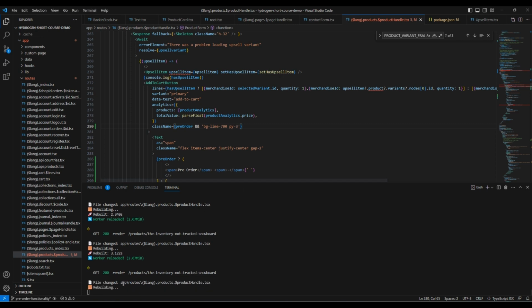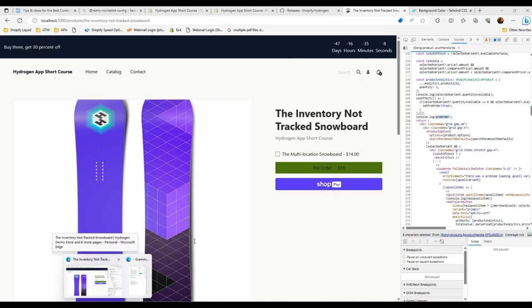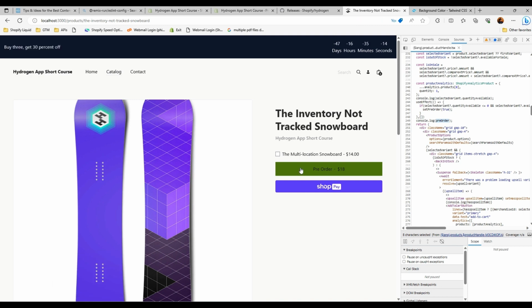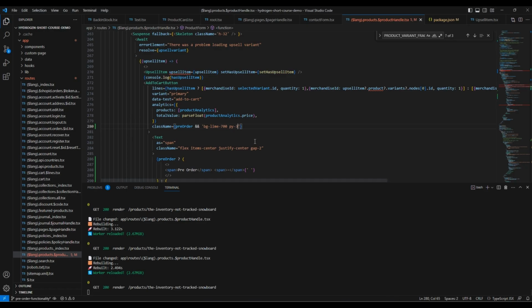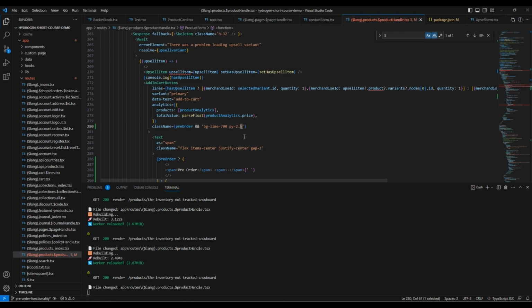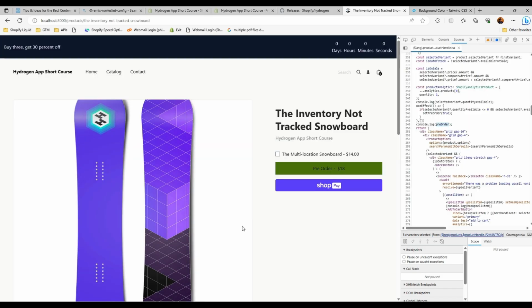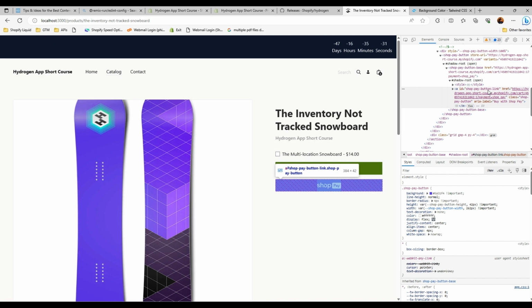And 3, save. I think that's much better. Let's say 2.5. Okay, I think there is a round color. It's up to you how you are going to style your